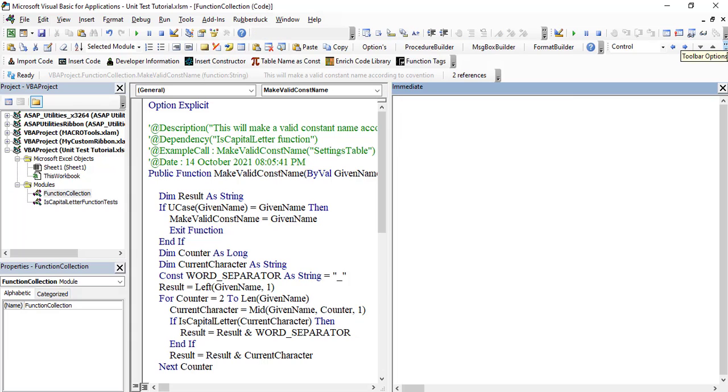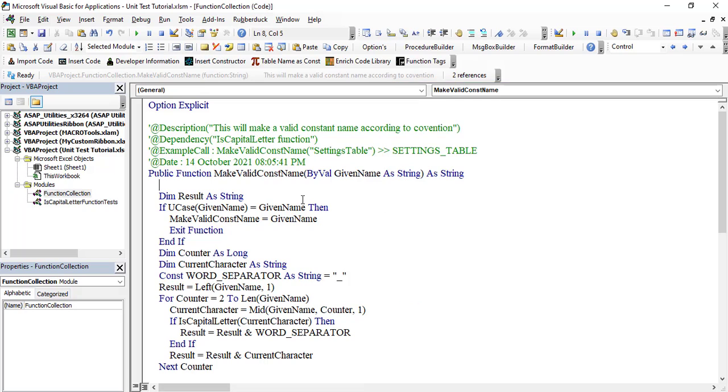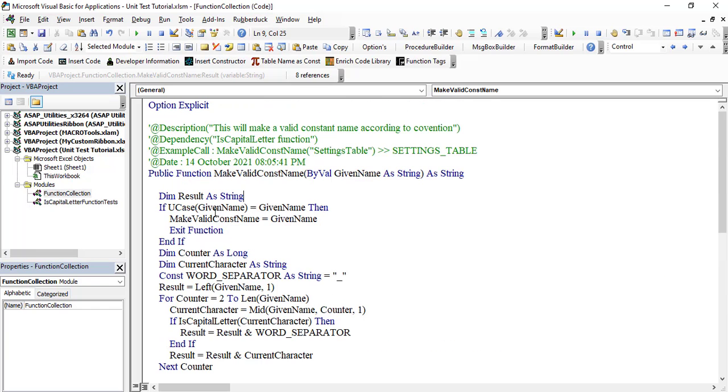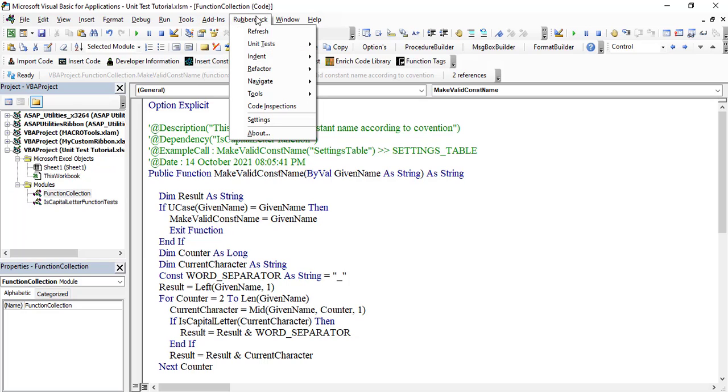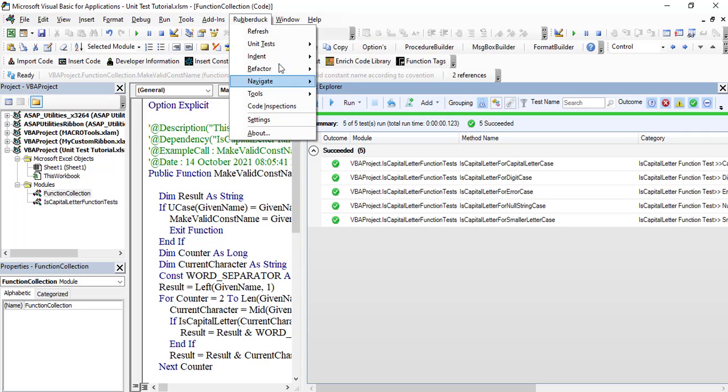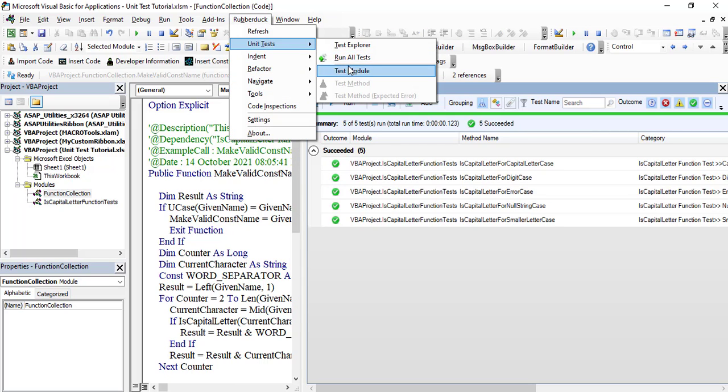Okay, so now I want to write a unit test for this particular function. Again, if we go with test-driven development, then we need to write the test first and then do this. But let's say we already did this. Now we want to test this thing. So again, I need to insert another test module. I can use this one, but it's better to have multiple test modules